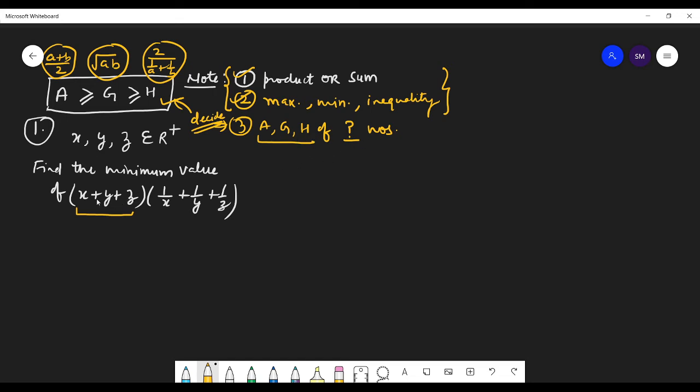So we have sum here clearly, and you can clearly see that this sum somewhat belongs to arithmetic mean, and this somewhat belongs to harmonic mean. Very good, students. Now which two of these three you are going to take in the solution? A is greater than or equal to H. Okay, you have taken. Now you have to choose which numbers you are going to take, students.